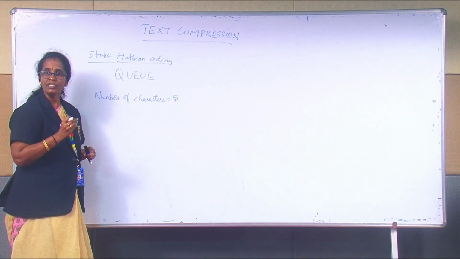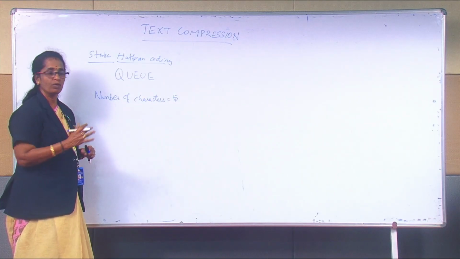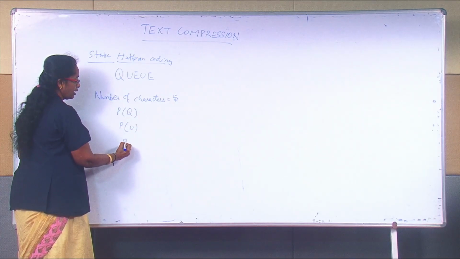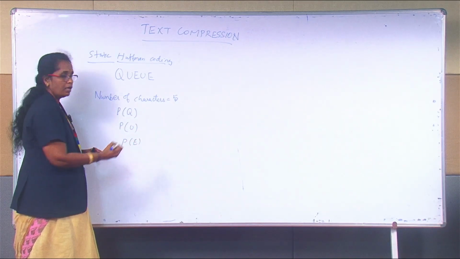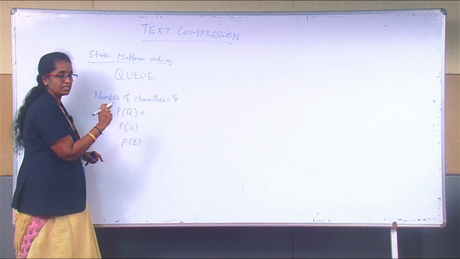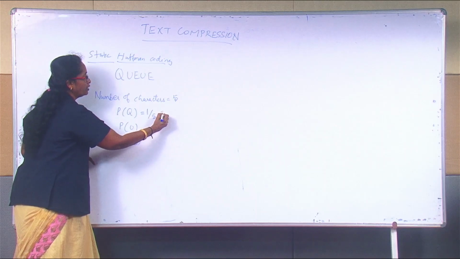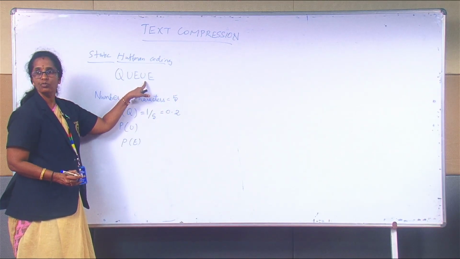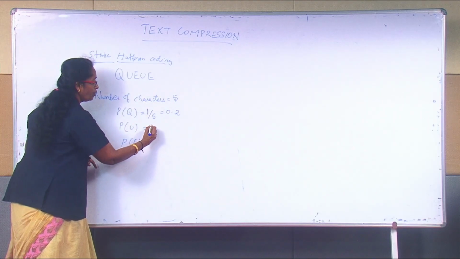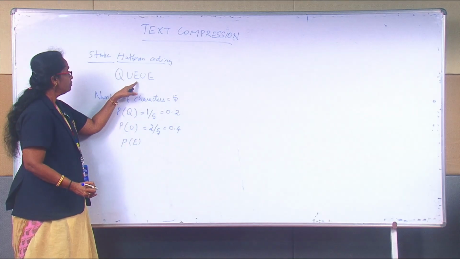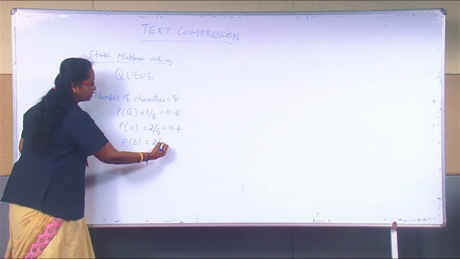And then the probability of occurrence of each character will be found. So, totally how many different characters are there? 3 distinct characters. Q is one character, U is another character, and the third is E. Out of these 5 characters, how many times has Q occurred? Only once. Therefore, 1 by 5 is its probability, that is 0.2. And how many times has the character U occurred? 2 times. Therefore, its probability is 2 out of 5, that gives the value 0.4. Similarly, E also occurred 2 times. Therefore, its probability is